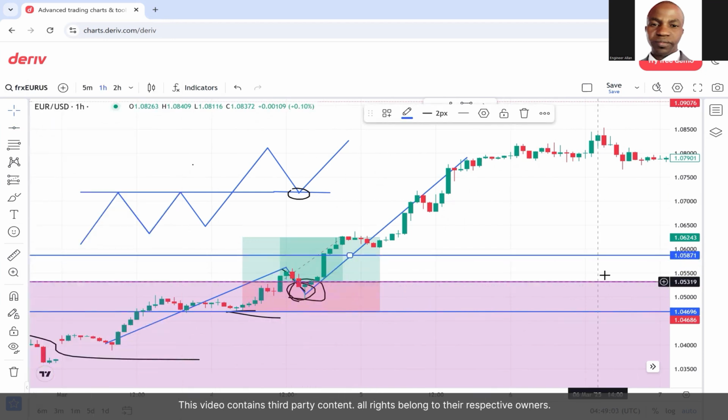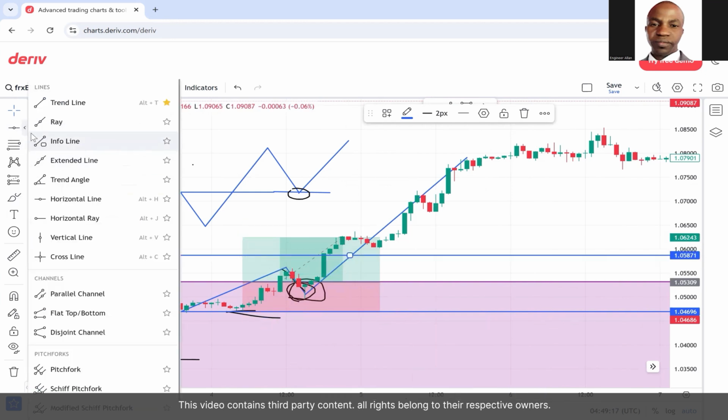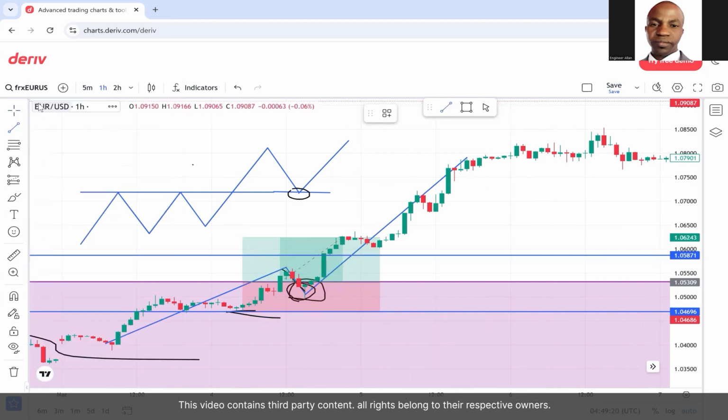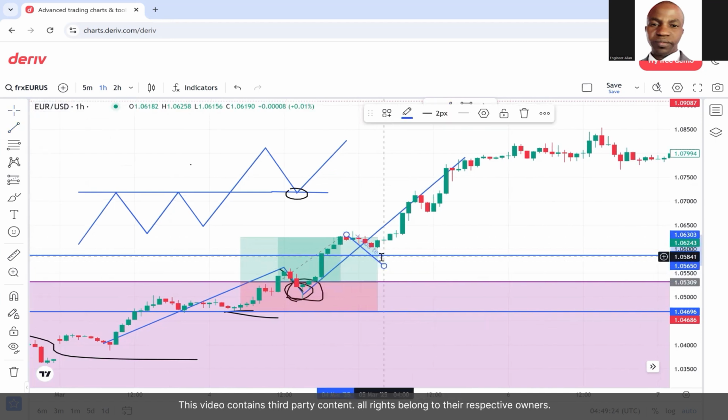Once the first position has already hit TP, you put the stop loss on the second position at 1.058, so in case the price decides to reverse downwards, it will get you out